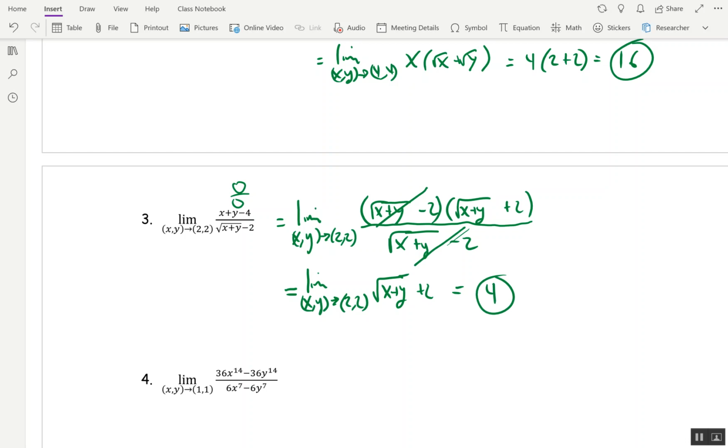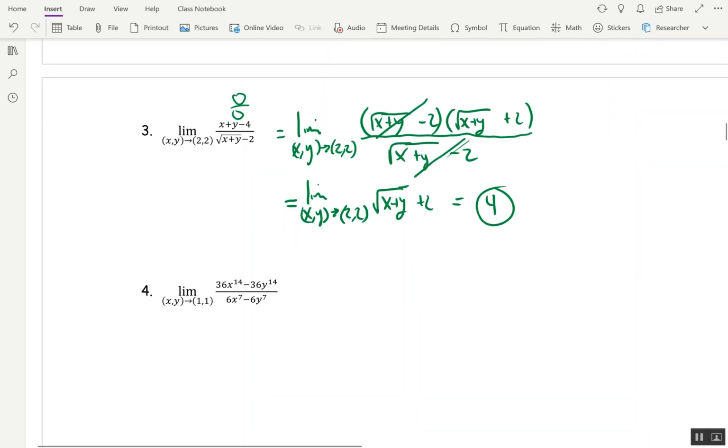Okay, last one. No square roots. But it's looking fishy because 6 squared is 36 and 7 times 2 is 14. So let's see what we can do. Let's get that 6 out of the bottom and a 36 out of the top. So take a 36 out,